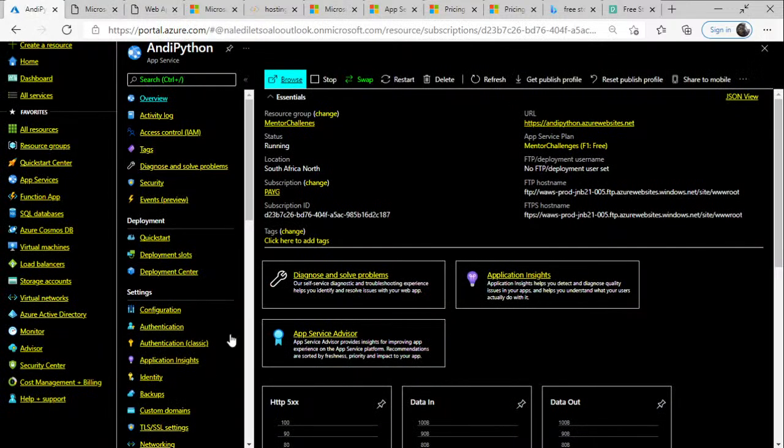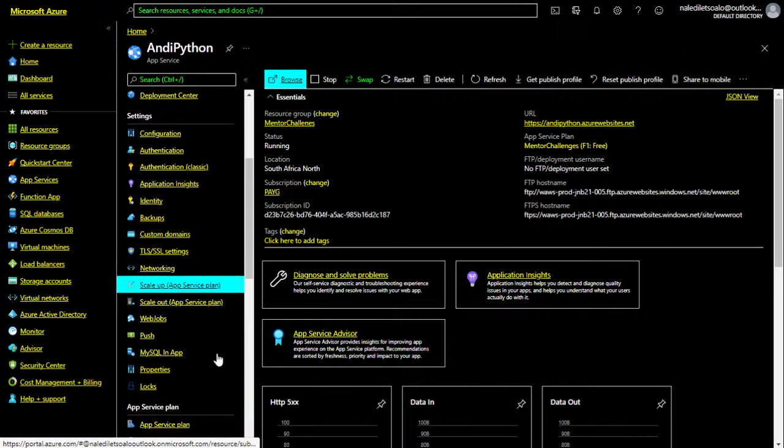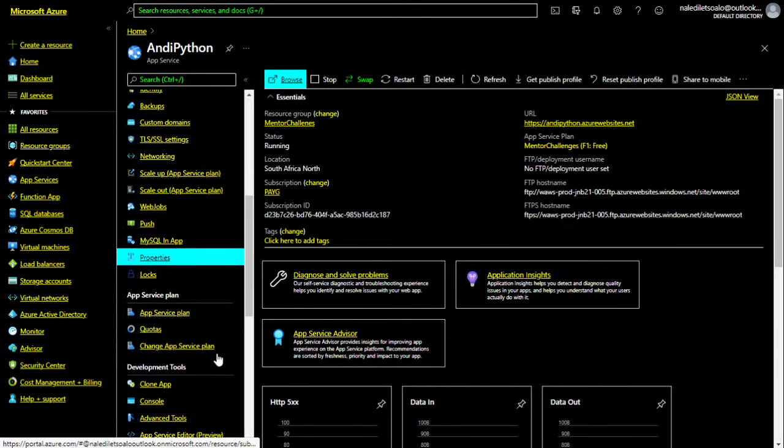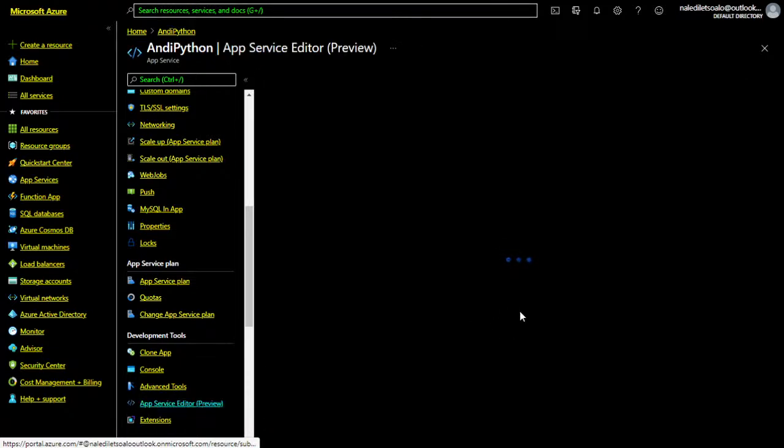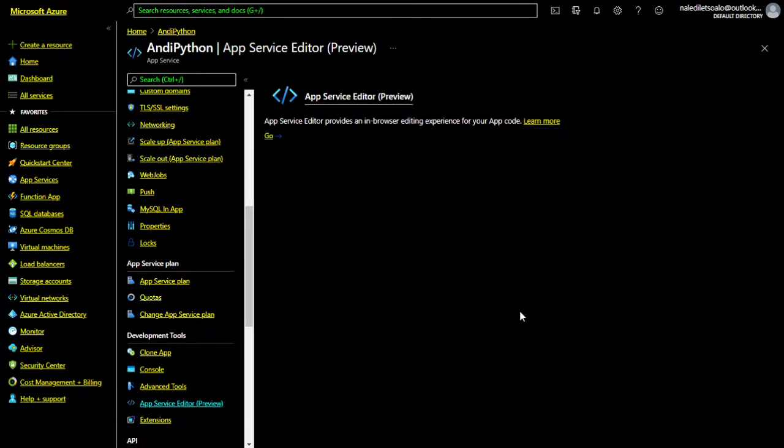Let me go back to my resource and let's see in development tools, app service editor. Woohoo! Once again, we're going to go into the preview because this particular challenge is just about getting a website. It's not about the back end stuff yet. We're going to get to the back end stuff when we start doing things that require back end. All right.